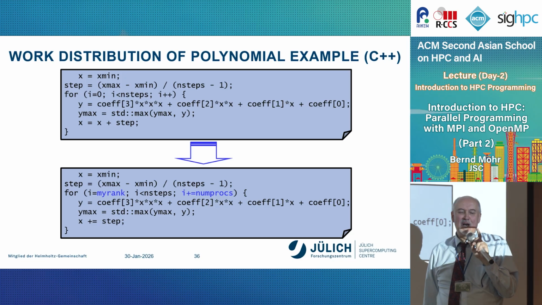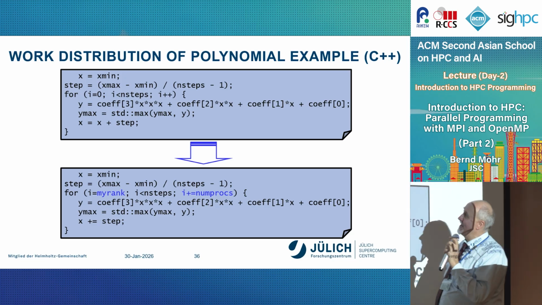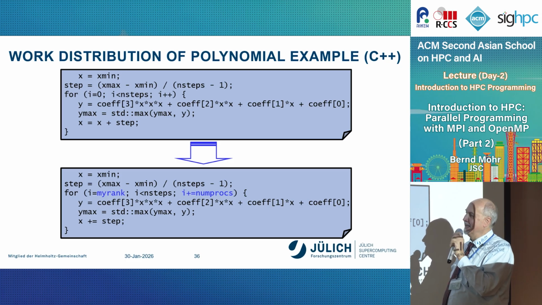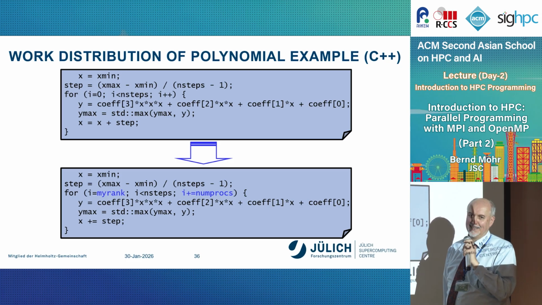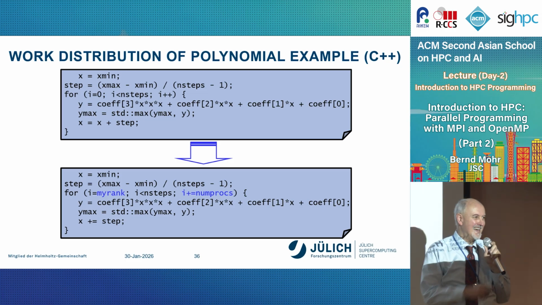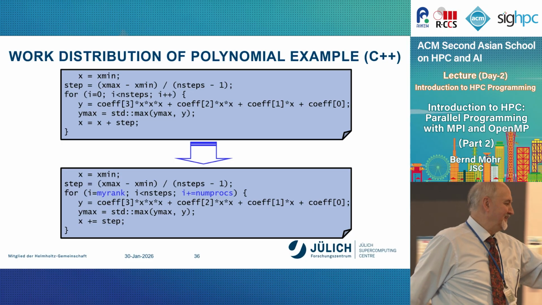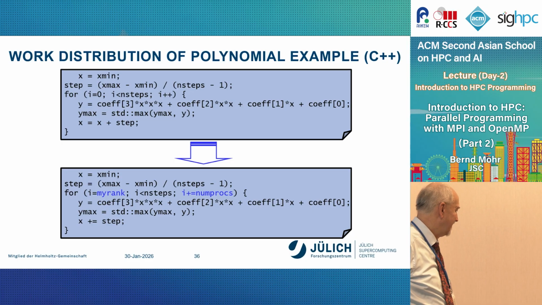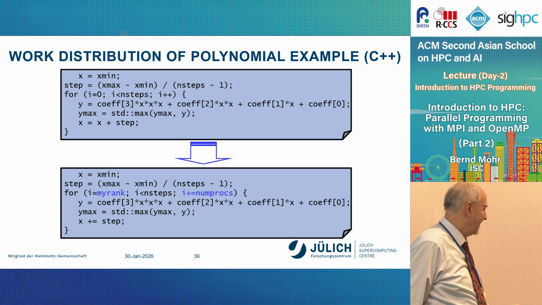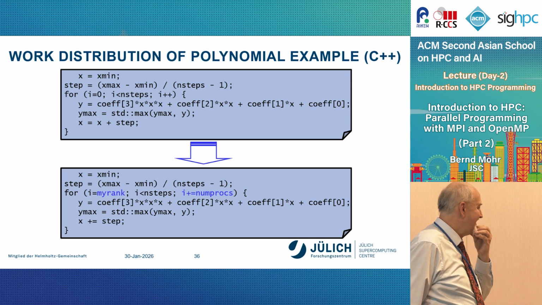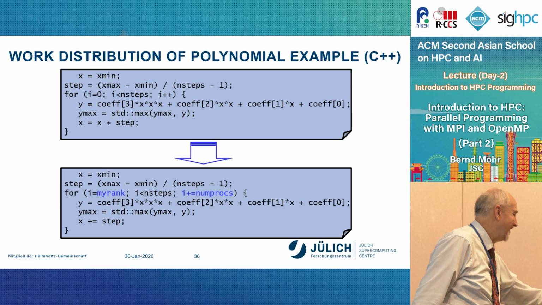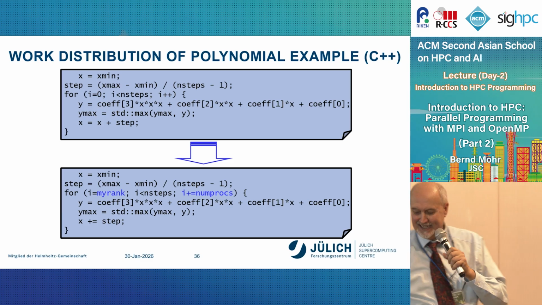So I know it's really hard, but by any chance, I give you 1 minute to look at it. Does someone know why it doesn't calculate the right answer? Yeah? Because each process will have its local maximum. So each one will be, I guess, different for each one. No, it's not. You're close to it, but